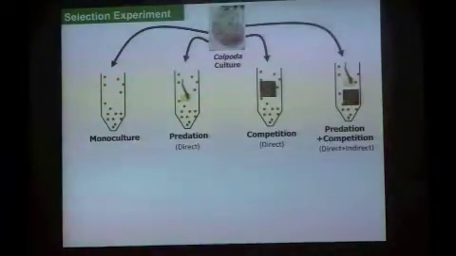So we did a similar experiment to what we did before, where we have cells growing in monoculture. We have cells growing with 2 mosquito larvae, predators. We have cells growing with competitors, the same competitors before. And then we have cells growing with predators and competitors. The idea here is that in this last treatment is where you get direct and indirect effects. So that's problematic in terms of trying to partition those direct and indirect effects.